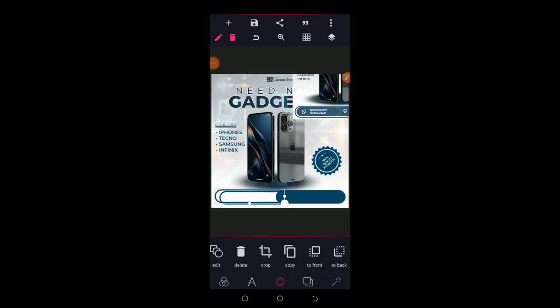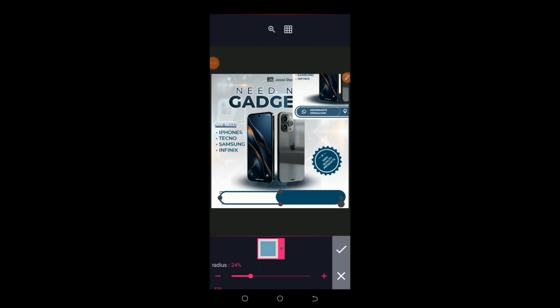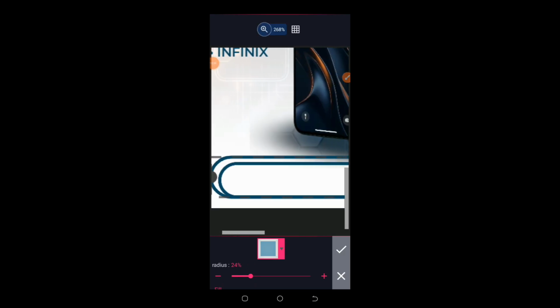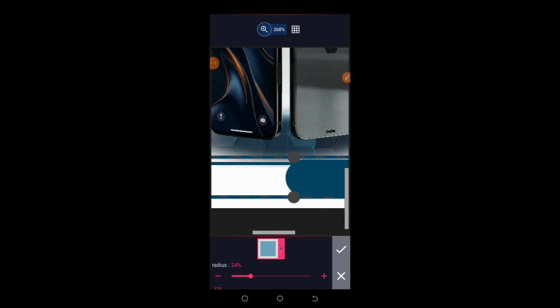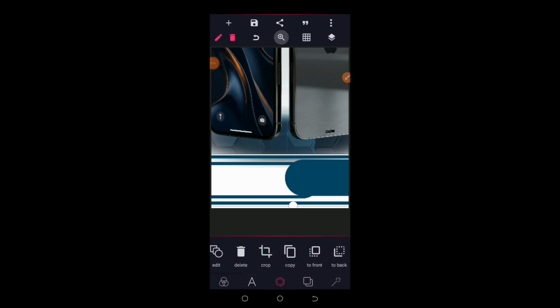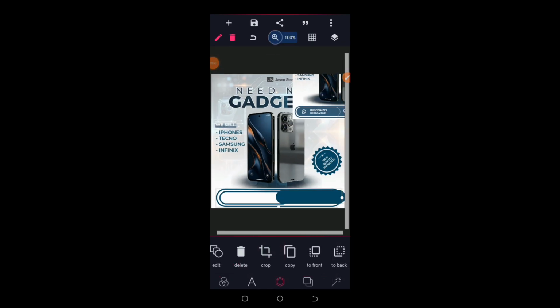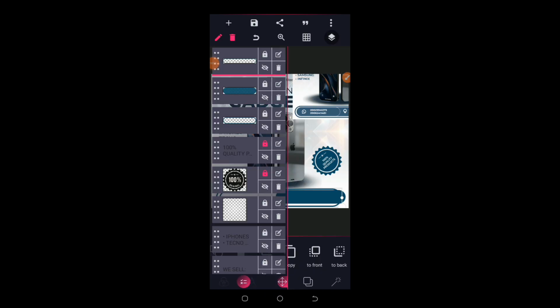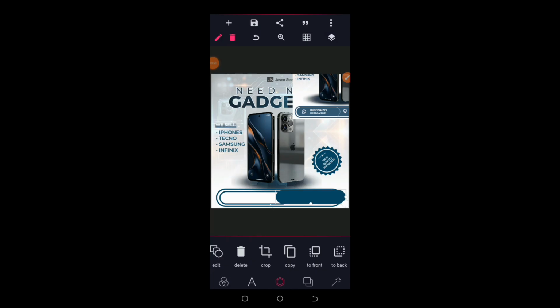okay, you see there's two outlines there. Okay, from the main design you can see it. So I'm going to resize this one, resize it like this. Okay, and resize this one like this. So let me zoom in and see what I'm doing. Okay, you see what I'm doing, I'm going to resize this one. Okay, and click the check mark and then zoom out. Now I'll zoom out. Okay, this one now I'll lock it and then let me make use of the ones